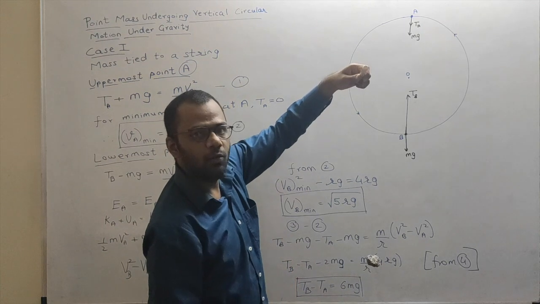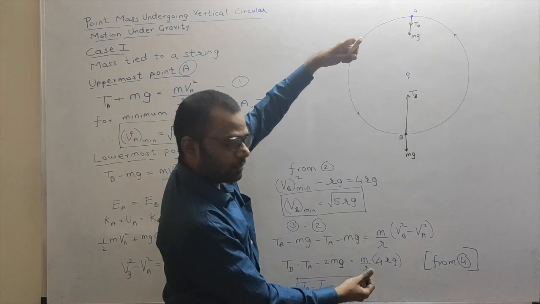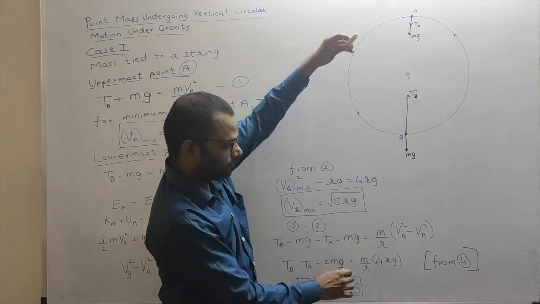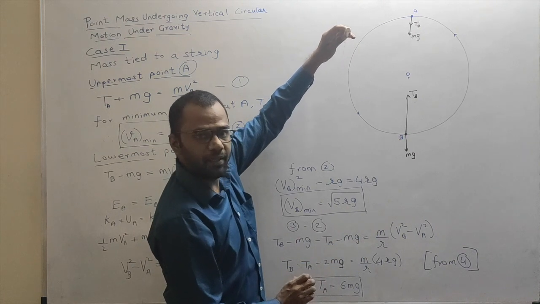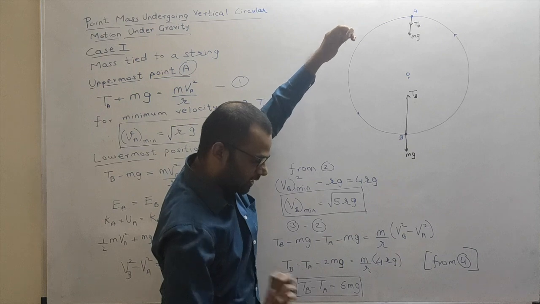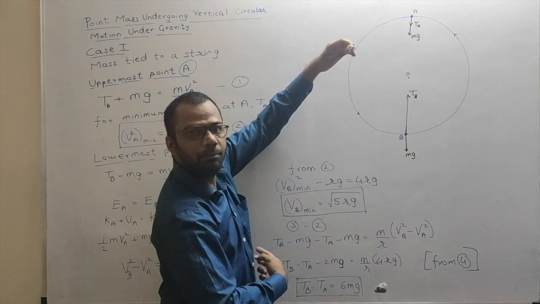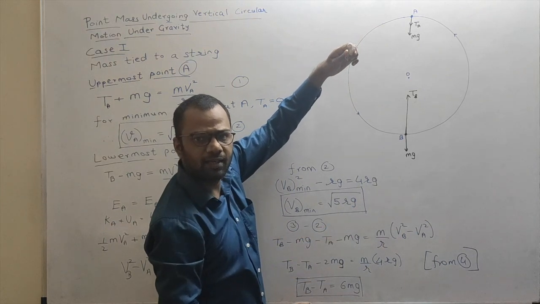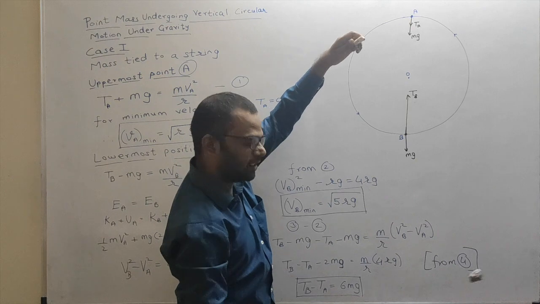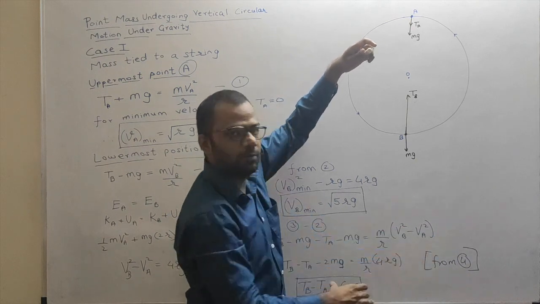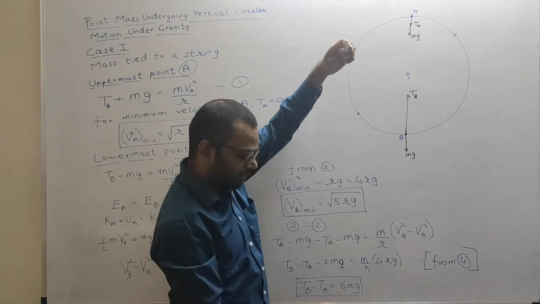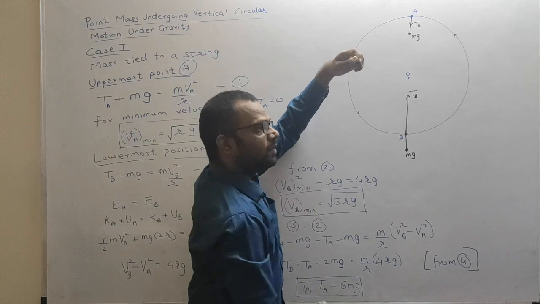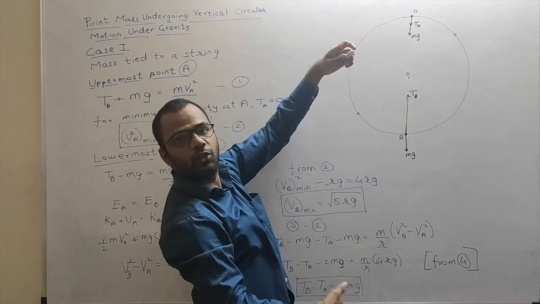Now this particular bob is given such a velocity at its bottom end, an initial velocity, that it will perform a vertical circular motion. So some minimum velocity is required, right? As you can see, if I give it a very little velocity, it just comes over to this position and comes back. So there is some minimum velocity that must be given to this bob or stone such that it performs a complete vertical circular motion.